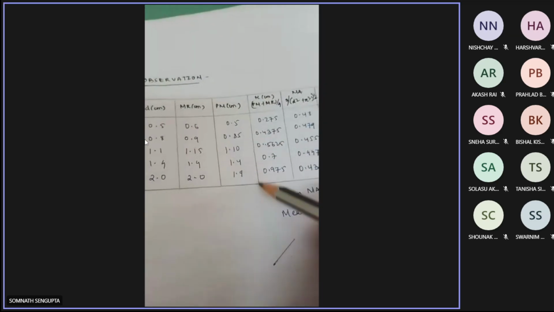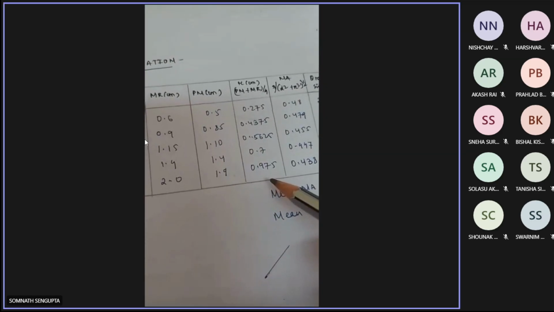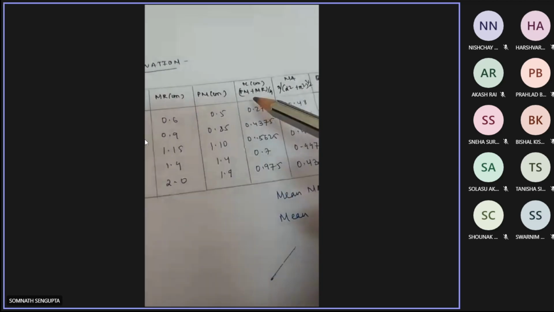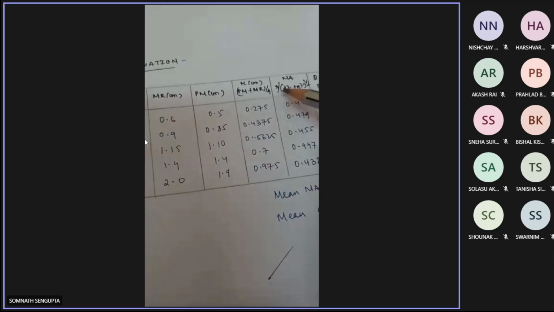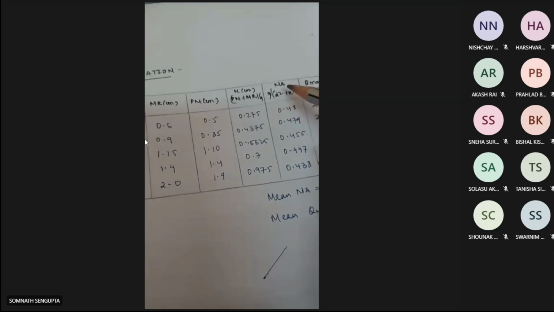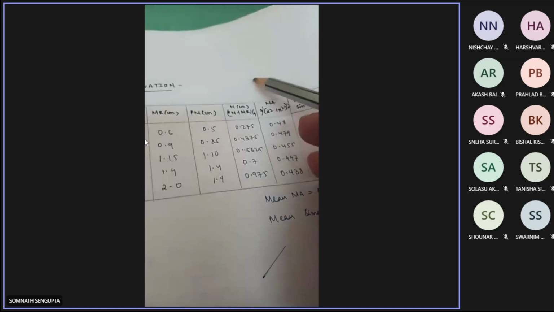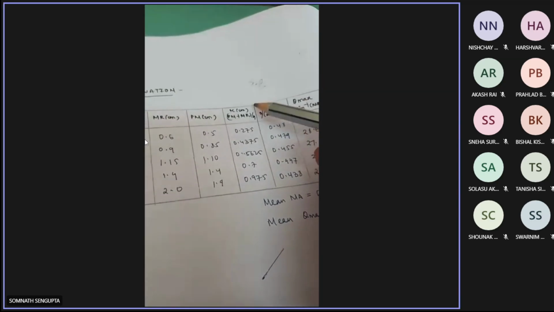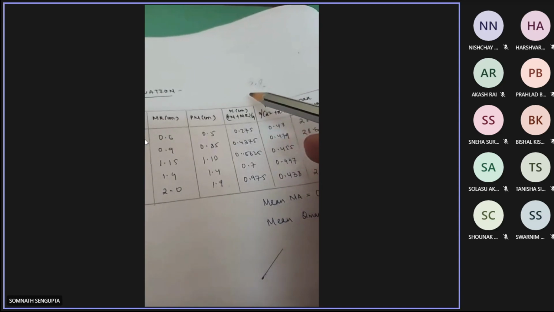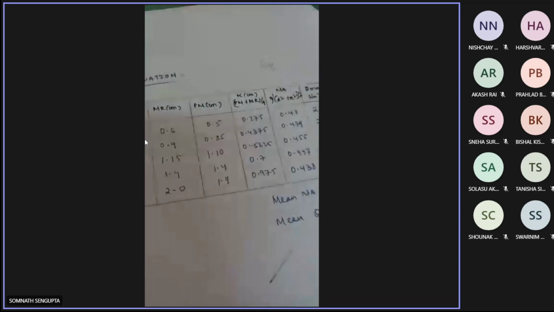This is for one distance. This is for another. So once you get all these radius values, then you have to apply this formula. That is numerical aperture is nothing but sine theta 0 max, where n is assumed to be 1. This sine theta 0 max, according to the